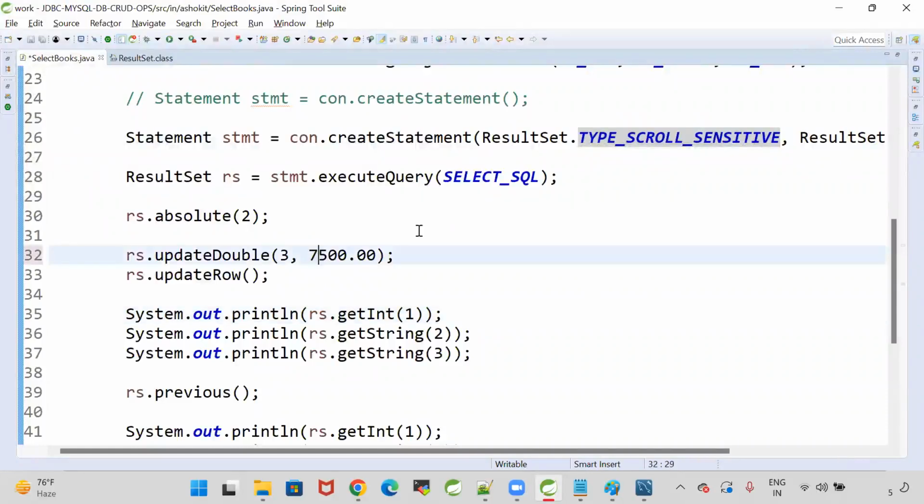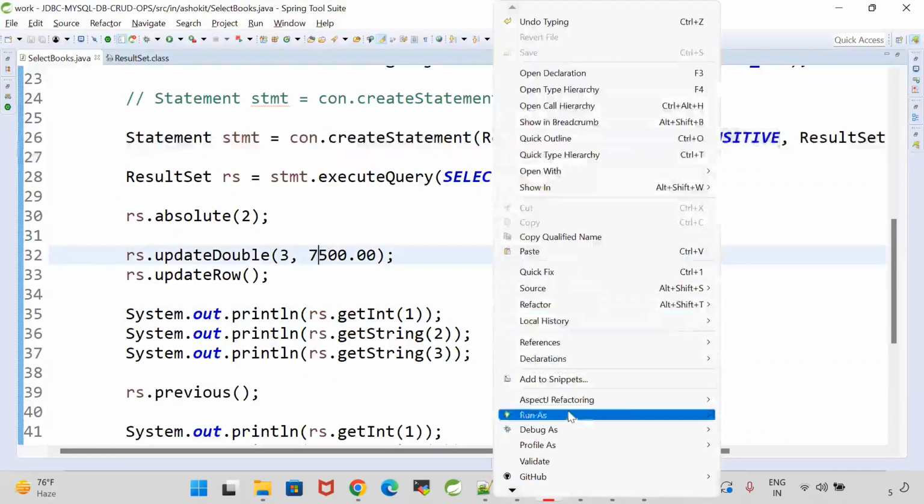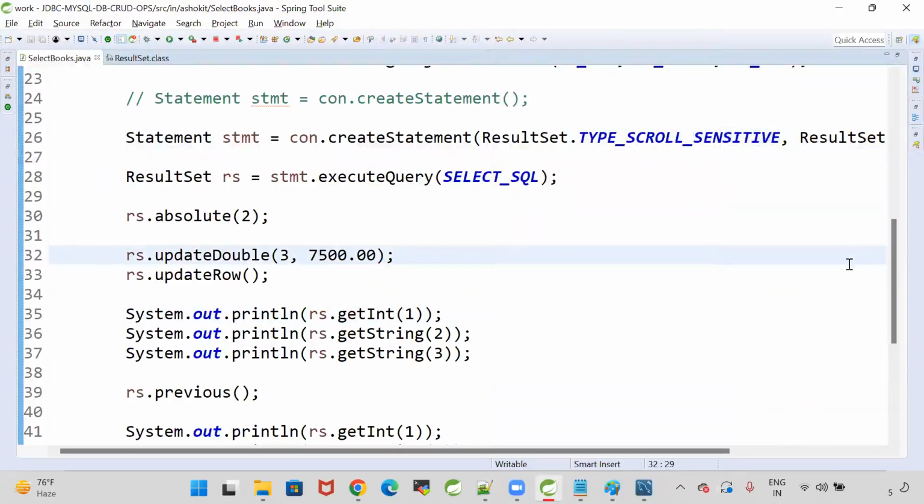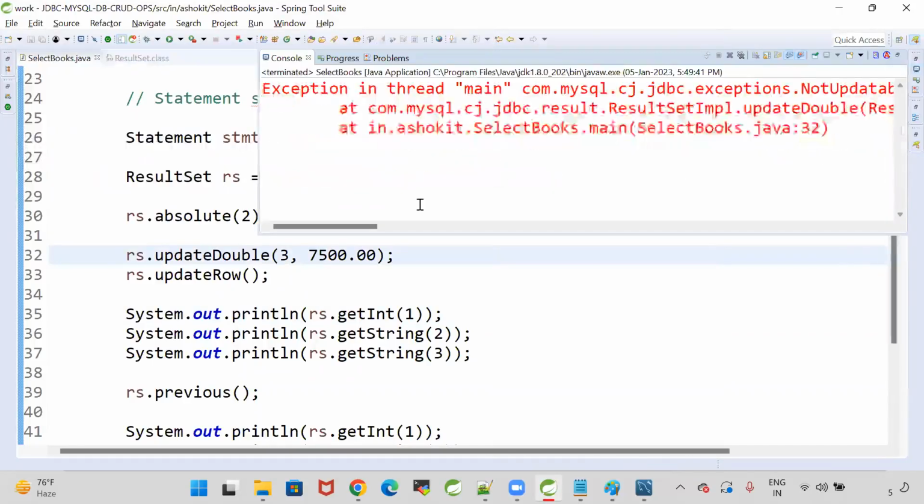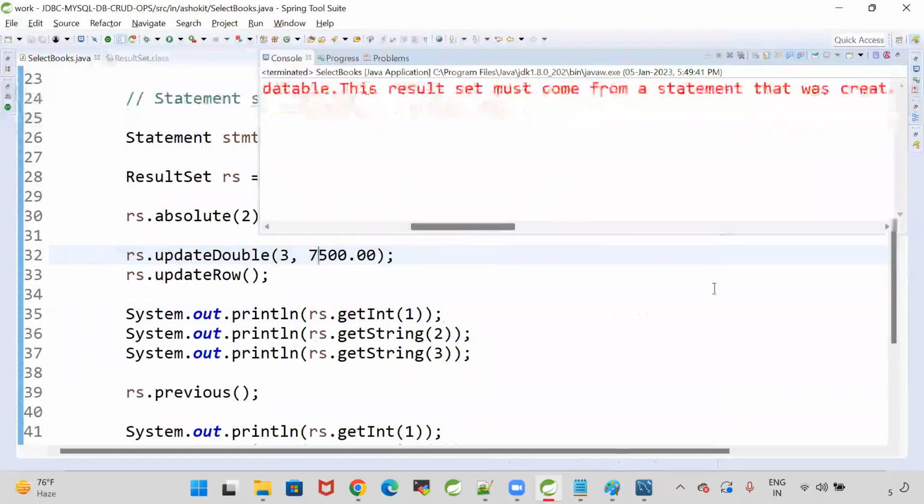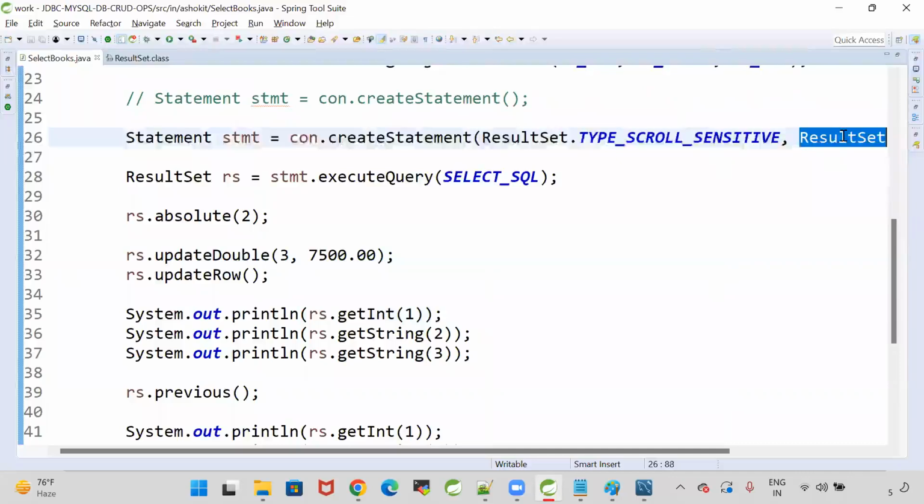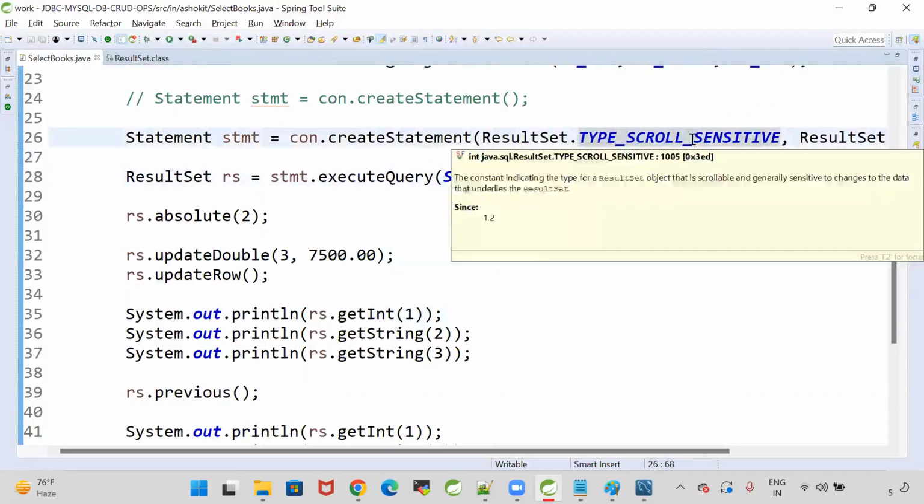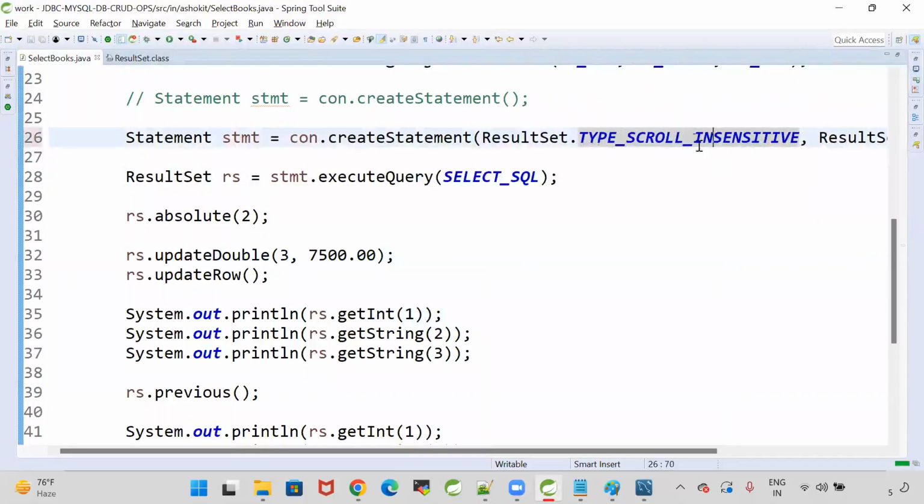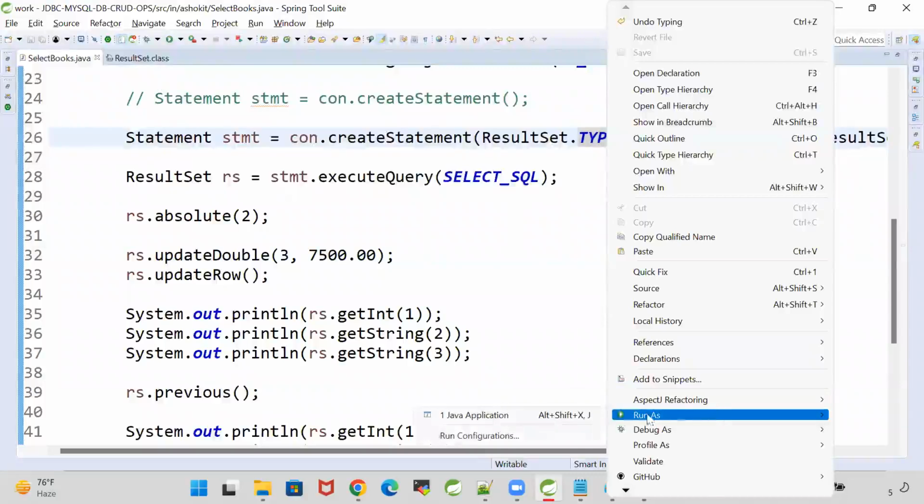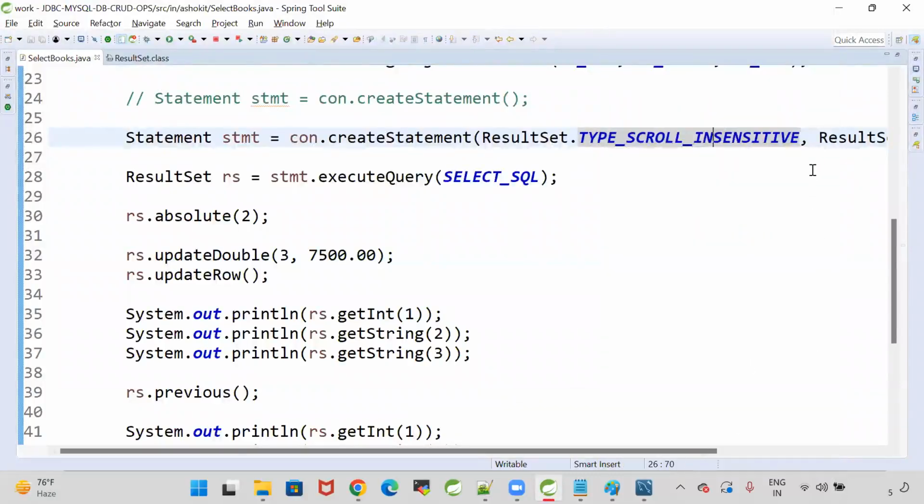Let me make it 7500. Run as Java application. No, not updatable. Whether it is sensitive, if it is read only, there is no change. If I make it insensitive, read only, run as Java application. No. Why? Because